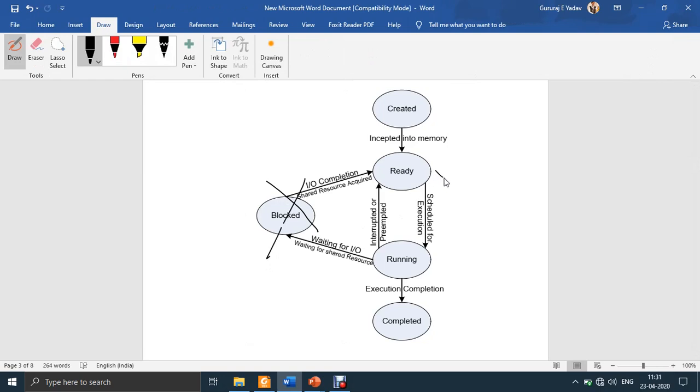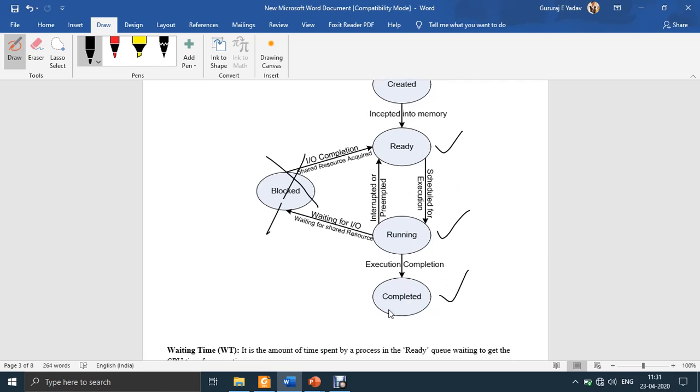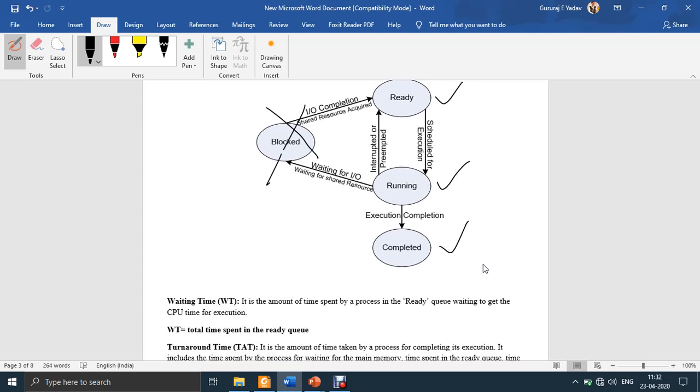So what are the states available? Ready and running. We assume that the processes are already created and already waiting in the ready queue, and then completed. So we are dealing with only three states: ready, running and completed. Remember this, that is the assumption. There is no IO, so only ready and running. Running means it is currently using the CPU. Ready means it is currently waiting for the CPU. Completed means it has completed its operation.